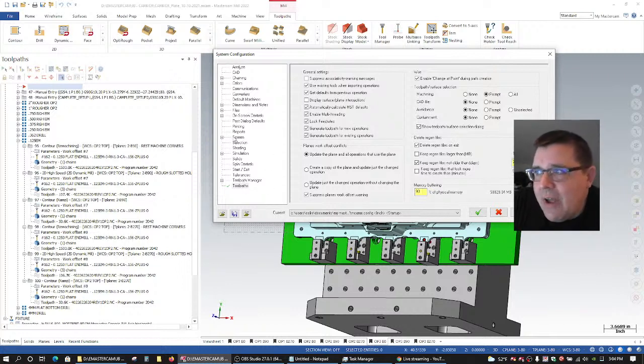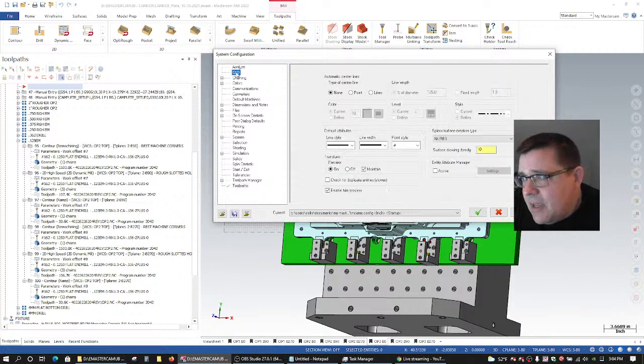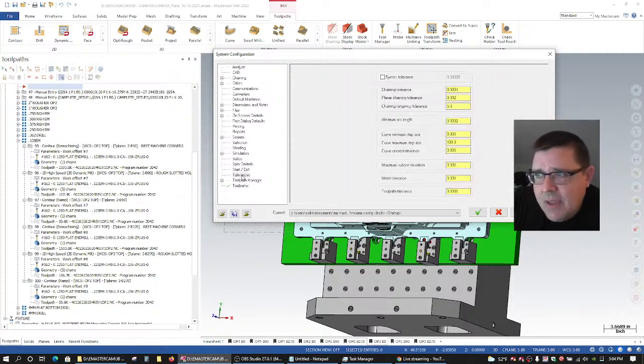For dealing with large files, the other thing that can really affect us here, there's a couple of things. One is the tolerances. So if I go over here to tolerances, you've got these really kind of cranked down to the defaults, chaining tolerance of 1/10, planar chaining tolerance of 2 thou. I'm working in inch units, by the way. So for metric, I would have different values on here. But this stuff is going to be fine for bringing in